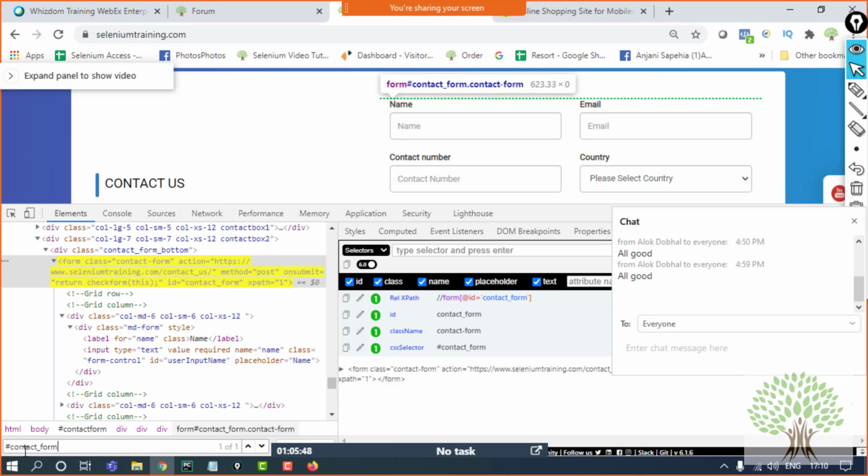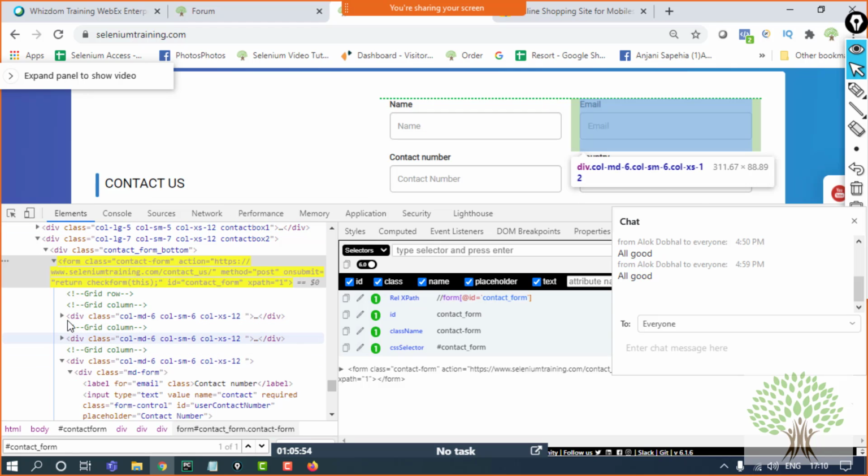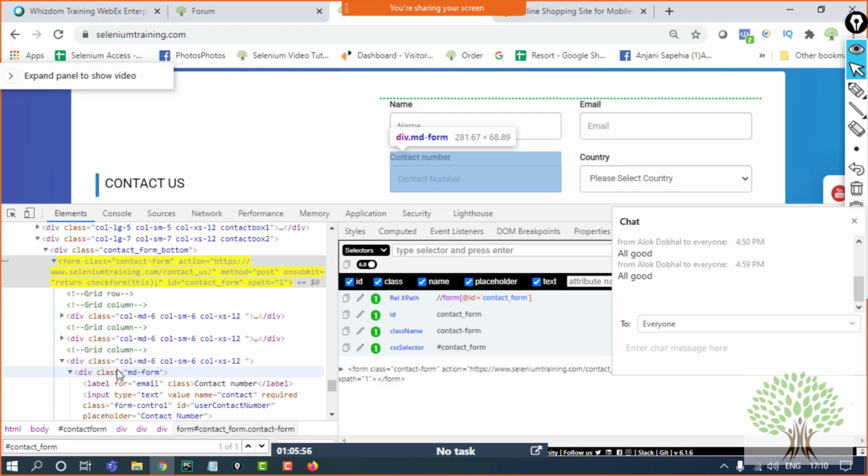Slash ID. So over here my form has been highlighted. I need to move further down the hierarchy in such a way that I reach my contact form over here. So in CSS selector we do not follow slashes or anything. Instead of that, we look forward and we just go on with the arrow, equals to, colon, nth child.